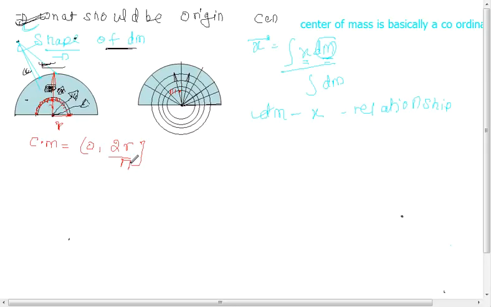Okay, now, wait a minute, actually I should take a cup of... Okay, so this point should be our center of mass. Okay guys, now